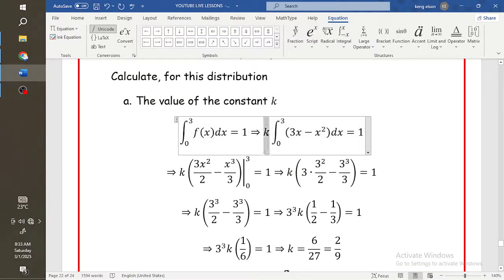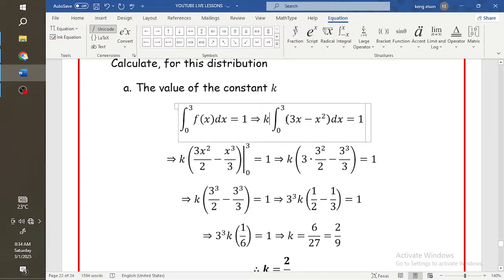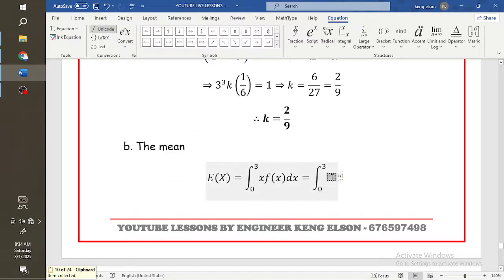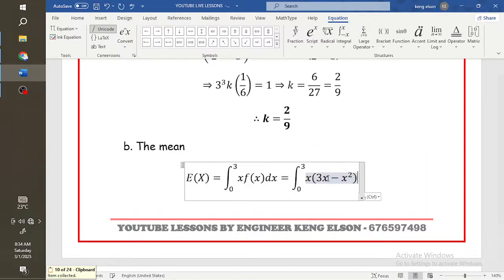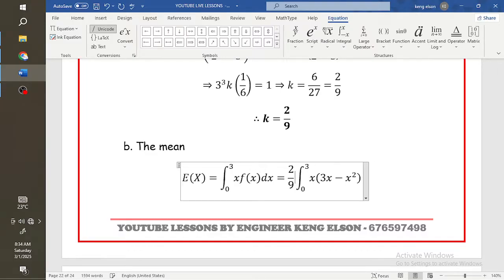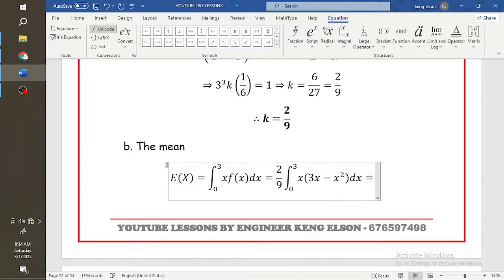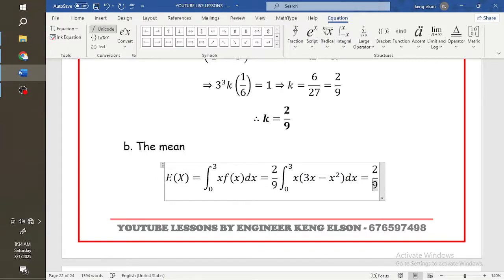There is a k outside, and k is 2 over 9. So this is going to give me 2 over 9 times,